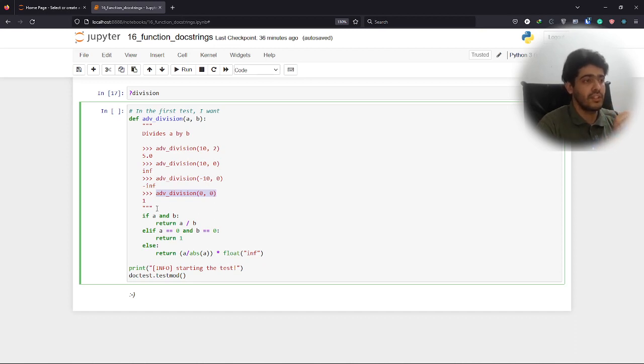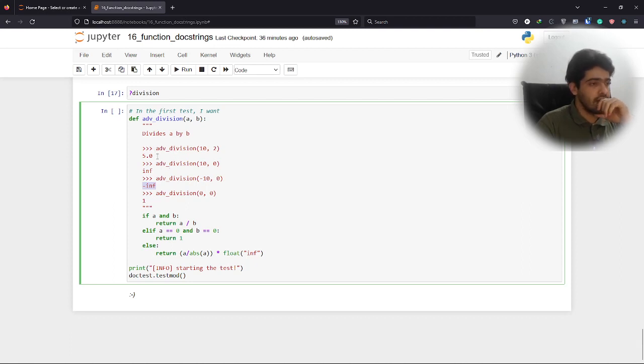That's the first benefit. And the second one, by doing so, the user will get how differently they can use your function. The user will understand that if they divide 0 by 0, they'll get 1. If they divide a negative number by 0, they'll get negative inf, and the same applies for the two other